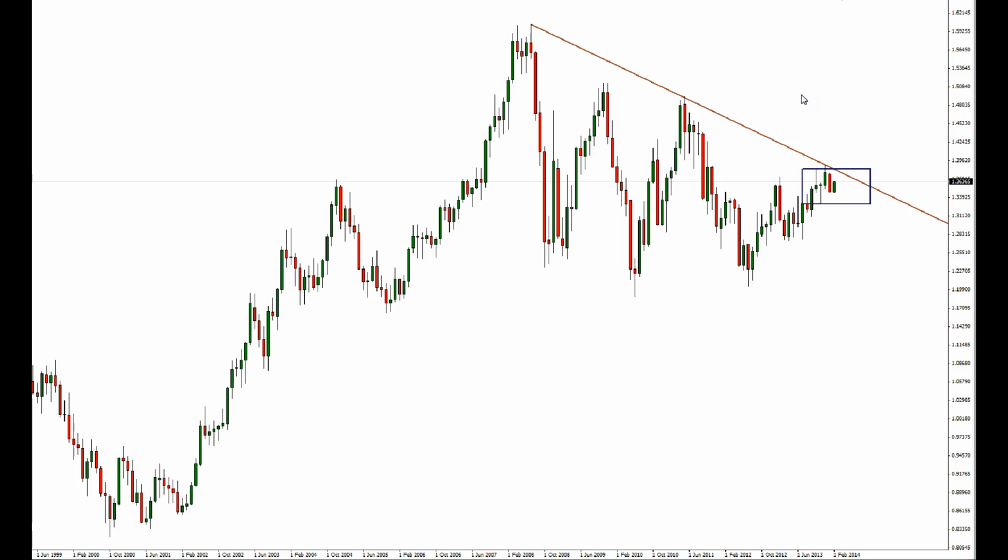So we have to see and wait for further information, at the confluence between the static range market and the dynamic resistance, at this confluence between two resistance levels,